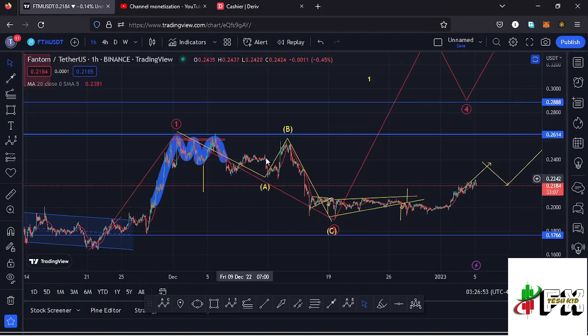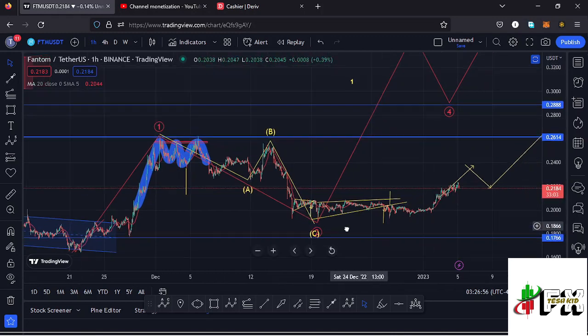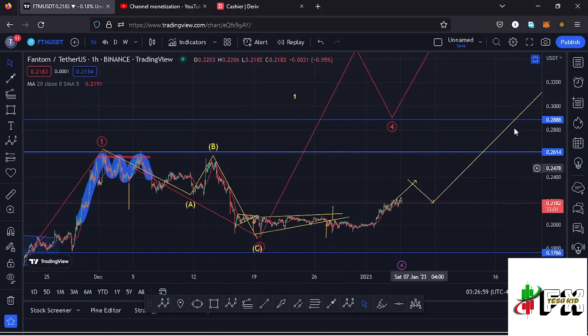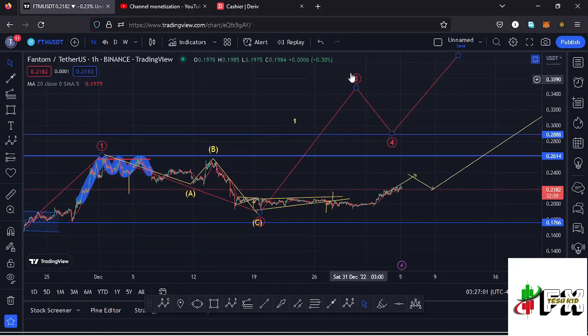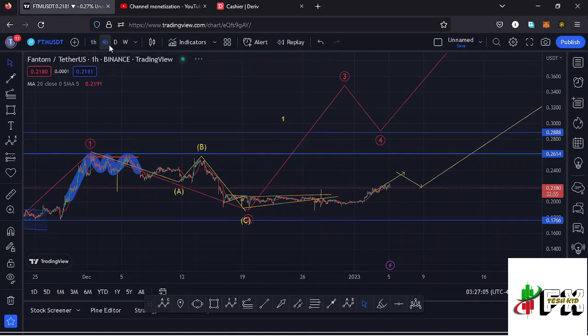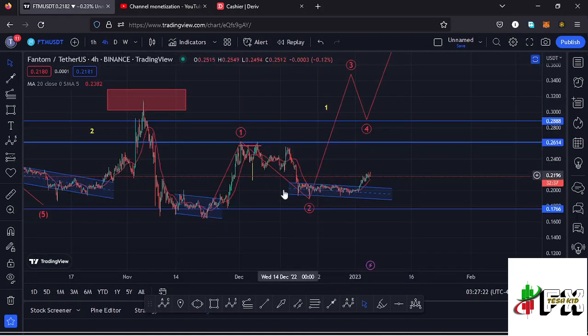Then we saw this ABC corrective structure right here completing the formation of that second wave, and right now I'm expecting the start of this impulsive movement to the upside in the formation of this wave 3 to the upside. And if I take a look at the 4-hour chart, after seeing the low for this second wave, we saw